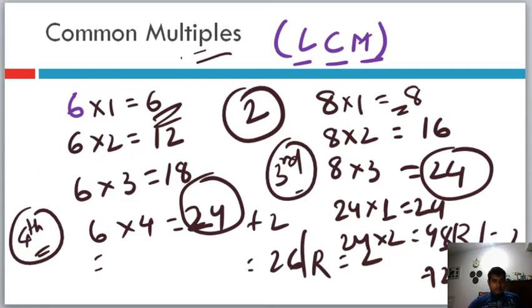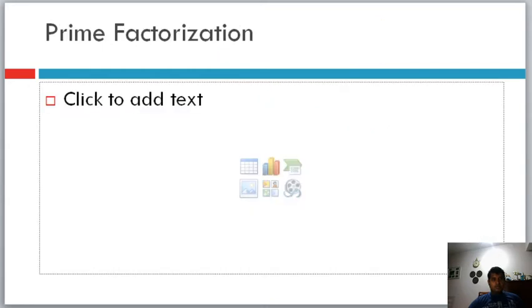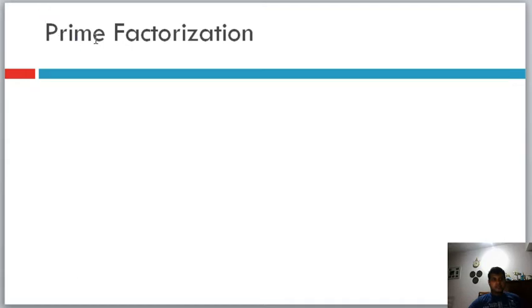Okay, we have studied common factors, common multiples, and now we will come to prime factorization. I think I should have kept prime factorization earlier as a first topic, but in the book somehow it was after it. Anyway, it doesn't matter. Now understand prime factorization. What is prime factorization? Any composite number, or any number basically, can be broken down as the multiplication of prime numbers.